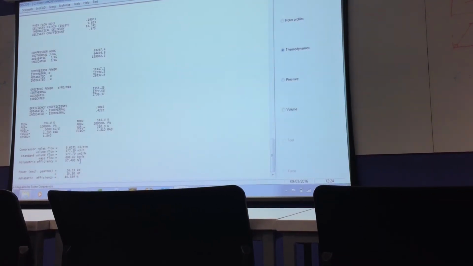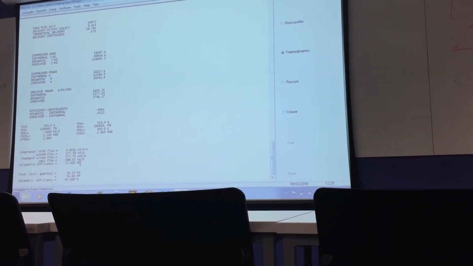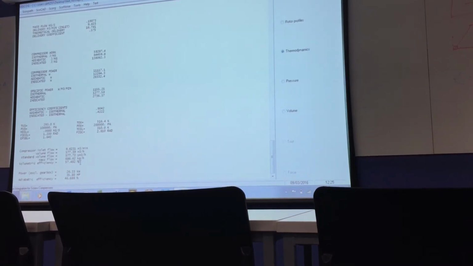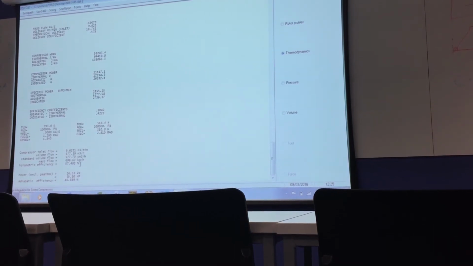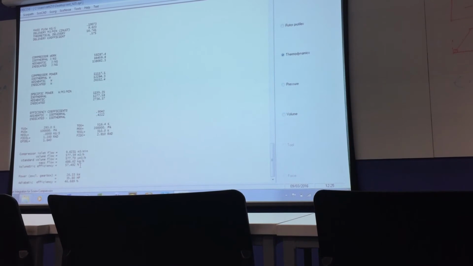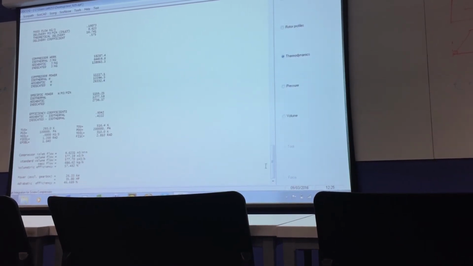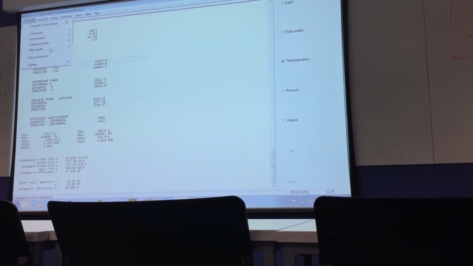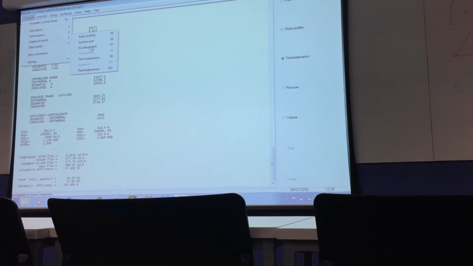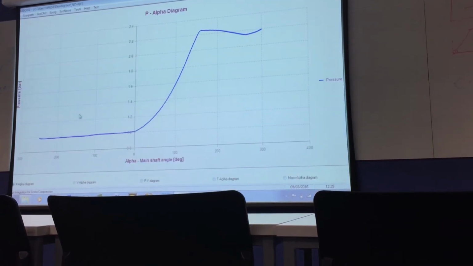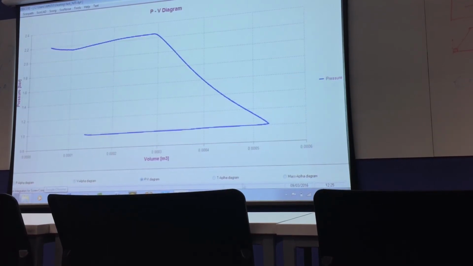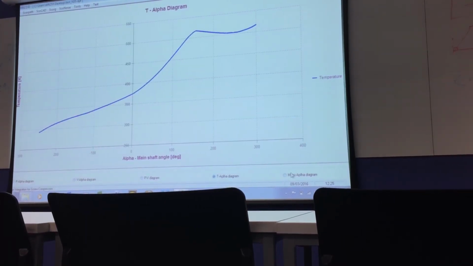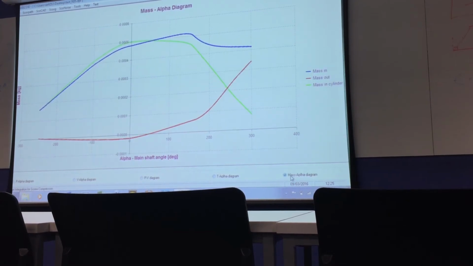Okay, for that you will have to understand how input parameters are influencing the profile. Make your profile as close as possible to the one which is in the rotor. And then you can directly generate a report from here. For example, if you go to graphical results, you can visualize the thermodynamic plots for pressure, volume, PV diagram, temperature, mass in the chamber.